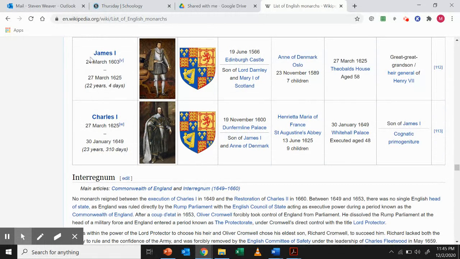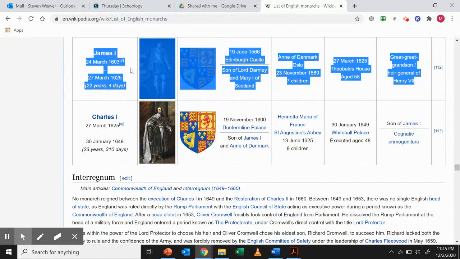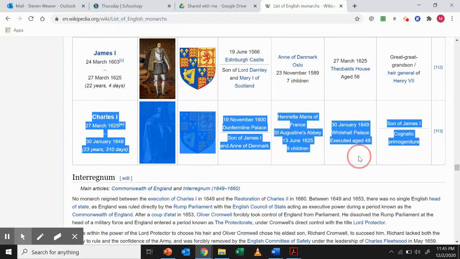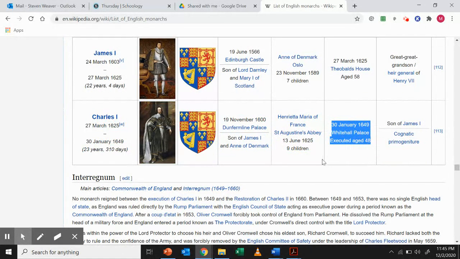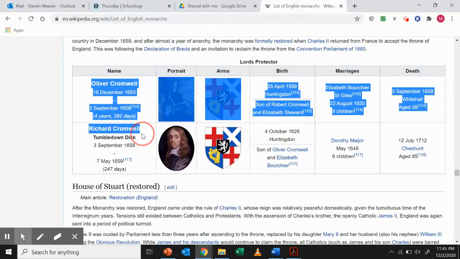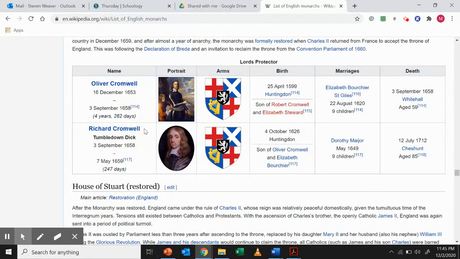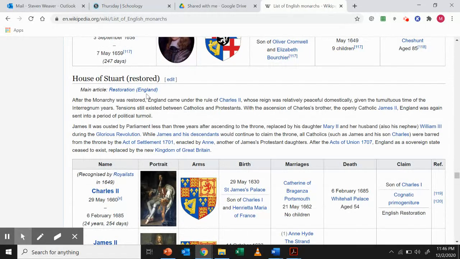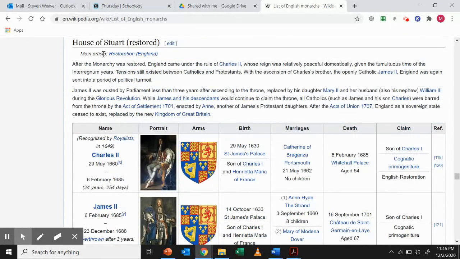Then he ruled as an absolute monarch and disbanded parliament and really didn't get along with parliament. Charles the First wanted to rule like his dad did. He's going to be the one that gets executed during the English Civil War, where he had the Cavaliers on his side fighting the Roundheads of Oliver Cromwell. So he's the one that's going to die in the English Civil War. For a short time, Oliver Cromwell and then Richard Cromwell are going to take over and rule as like military dictators. But eventually, England's going to want it to go back to how it was. And this is called the restoration of the monarchy.